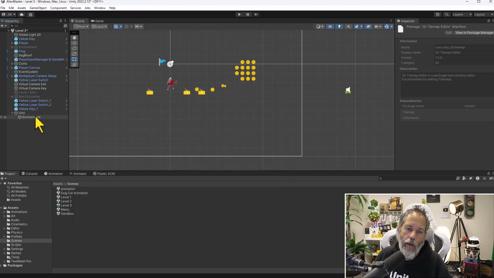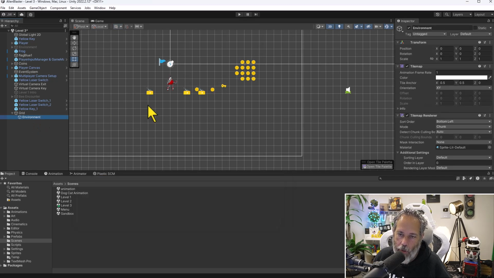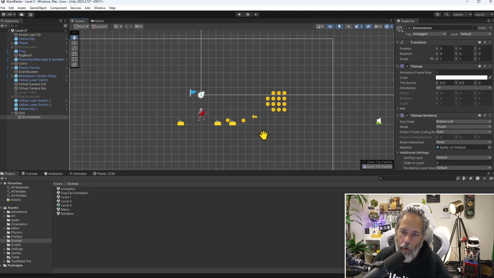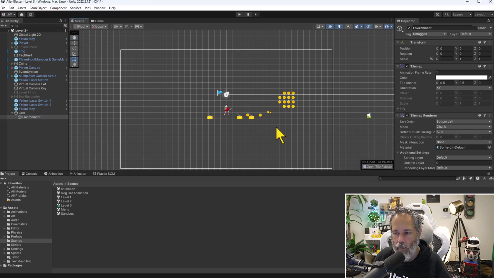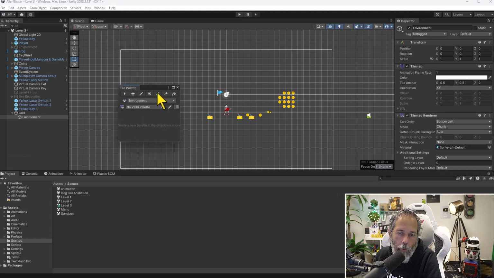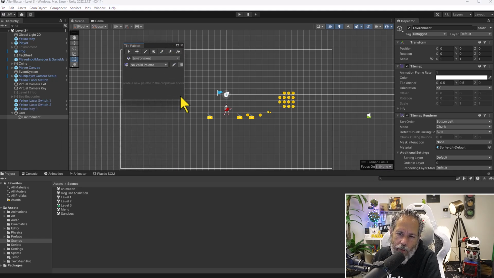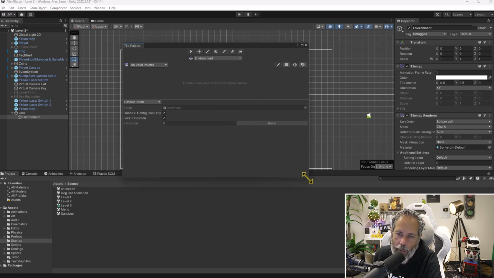and then you'll be able to create your tile map. Now that I've got my tile map created, you can see I've got grids here, but they're all kind of blank, and there's not an easy or visible way to do anything about that, except for this little button here, the Open Tile Palette, and that's what I want to do. I want to click this, and it's going to pop up a new window. Mine popped up off screen, and it's a little bit small, so I'm going to make it nice and big. We want to make it big enough that we can see everything in here, because we're going to be creating a palette in here, setting up all of our different kind of paintbrush pieces that we're going to use,